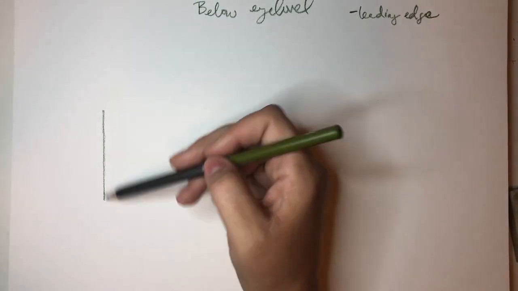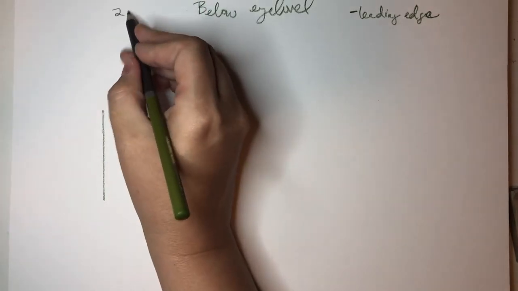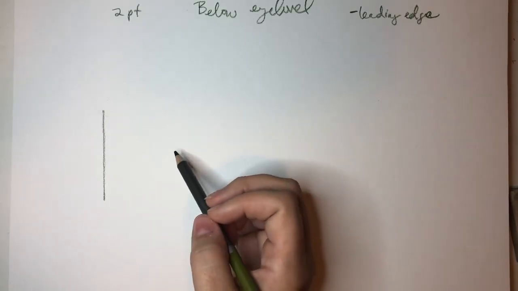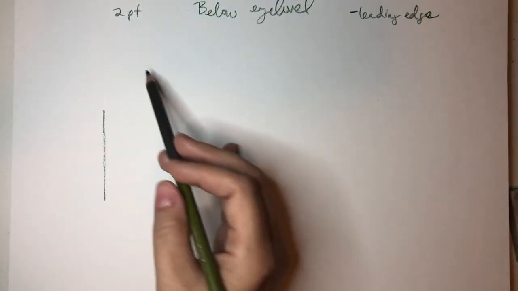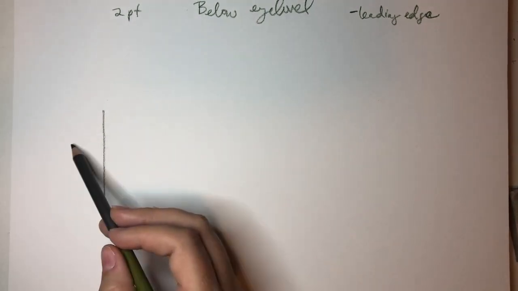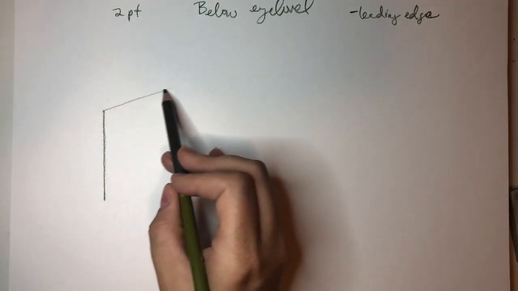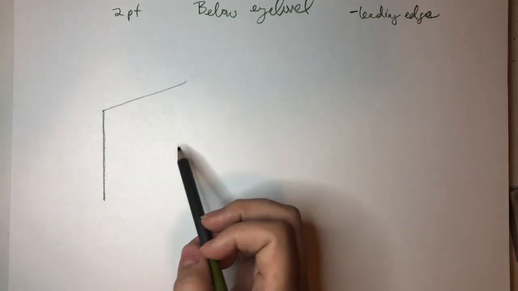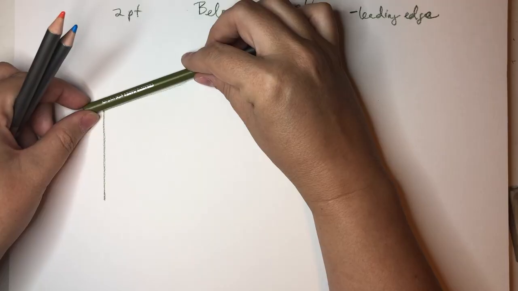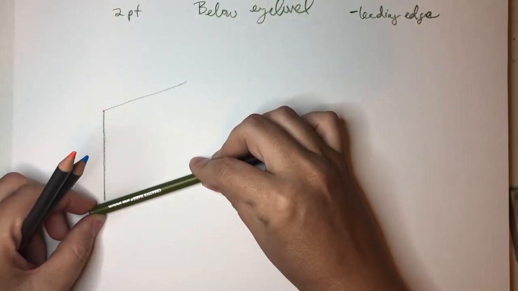So I have a vertical line, and what I'd like you to do is draw a centered cube. So to do that, we need to make our cube symmetrical. And we're going to show the top of the object, right, because it's below eye level, and because it's 2-point perspective, we're going to see two sides of this cube. I'm going to draw a subtle angle here on the top of my leading edge, and what I need to do for the bottom is this would be parallel,